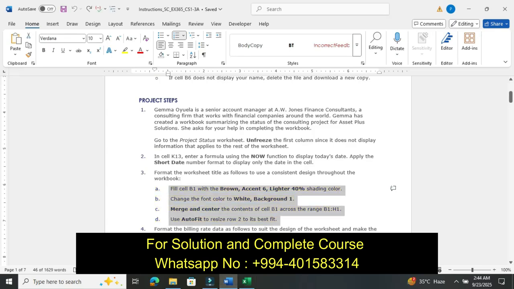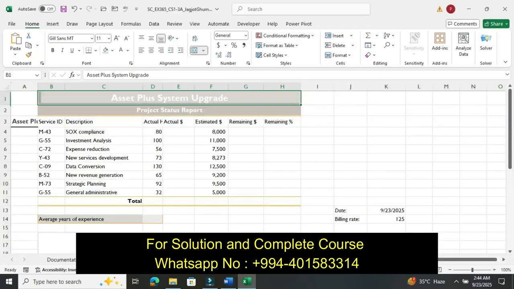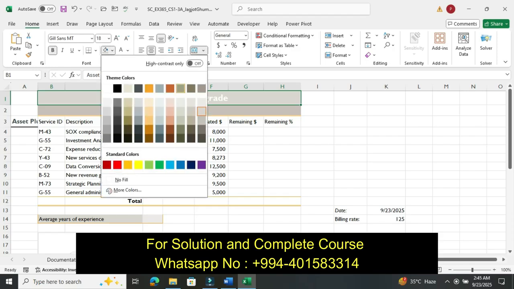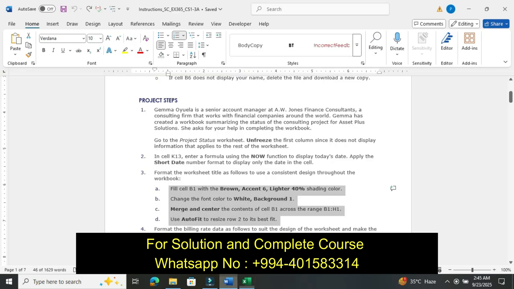Our step number 3 is completed. We applied the shading color Brown Accent 6, Lighter 40% in cell B1.